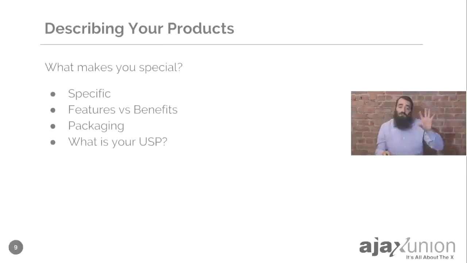The second thing is there's a concept called features and there's a concept called benefits. Often salespeople get so caught up on discussing the features of a product and they think that that's going to make the person buy. And the reality is it's important to show the features, but it's so much more important to show the benefits that the product will give you. And remember to think about, what are the benefits of this product? Is it going to save you money? Is it going to make you money? Is it going to make your life better?